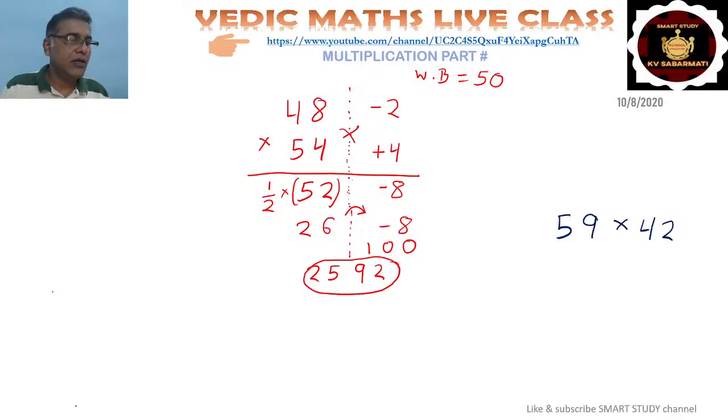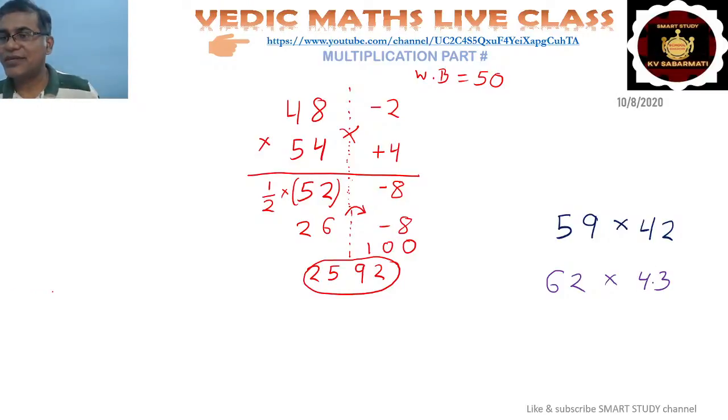Okay. Let us take another color. Now we can take any color because it is white. You can take 60 also, 61 also you can take. Let us take another example: 62 into 43. Okay, do it. Let us see who can do it fast. 62 into 43. What is the answer?